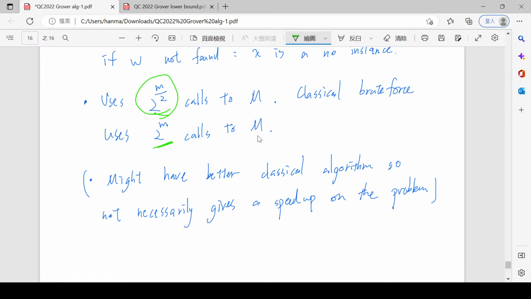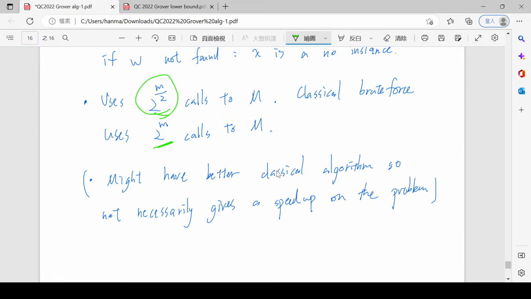Okay? So for some problems, there are classic algorithms that do less than this. Say maybe they do 2^(n/3), just because there is a little extra structure. Those algorithms might use something like dynamic programming, and it's not very obvious whether you can do a Grover speedup on those. So it's still actually an open problem